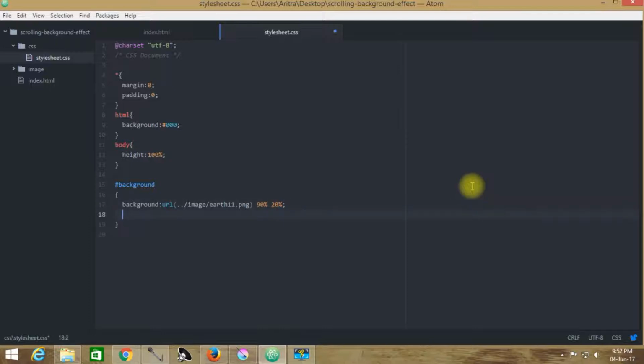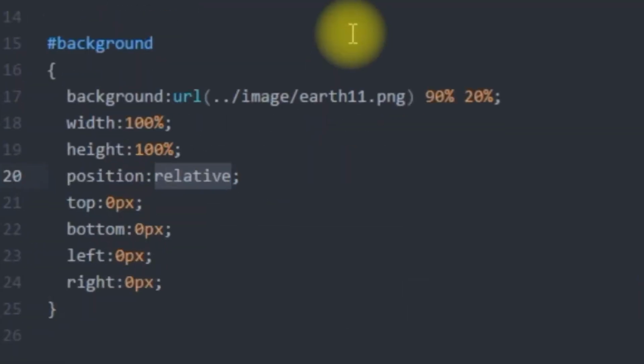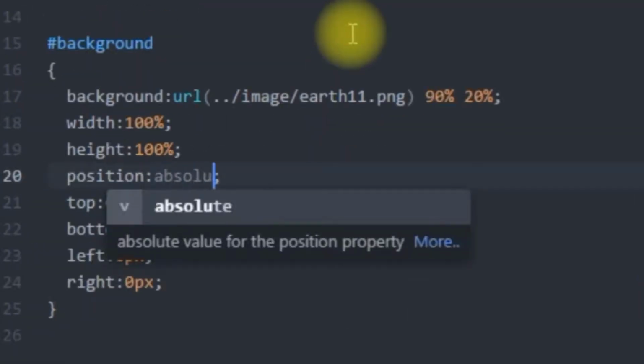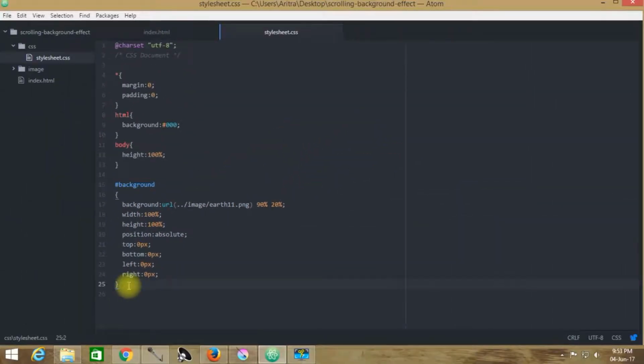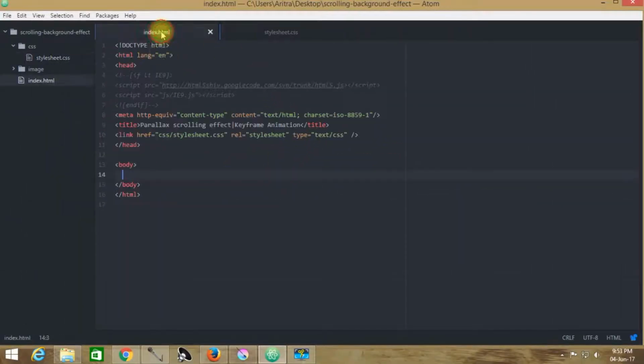Then after this I am adding these attributes. Let's make the position absolute, not relative here. Now before making any move, first of all, let's get back to index.html and call this ID name.